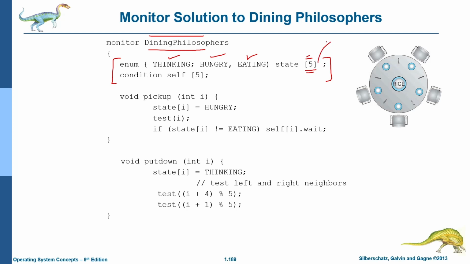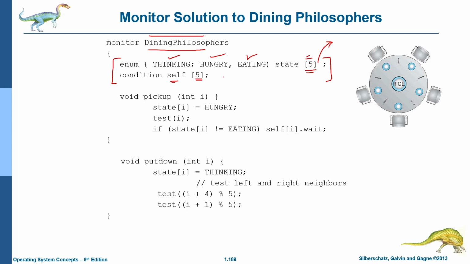ठीक है, ये 5 फिलोसोफर्स हैं, उनका स्टेट है। मतलब कोई थिंकिंग हो सकता है, कोई हंग्री हो सकता है, कोई ईटिंग हो सकता है, ये उनका स्टेट मेंटेन करता है। और हमने एक कंडीशन वेरिएबल का एक अरे बनाया है सेल्फ का। ये 5 अलग अलग कंडीशन वेरिएबल्स हैं। सेल्फ 0 फिलोसोफर 0 के लिए है, और सेल्फ 4 फिलोसोफर 4 के लिए है।